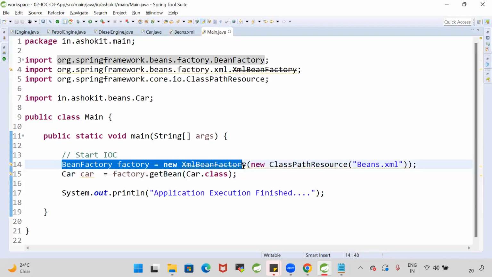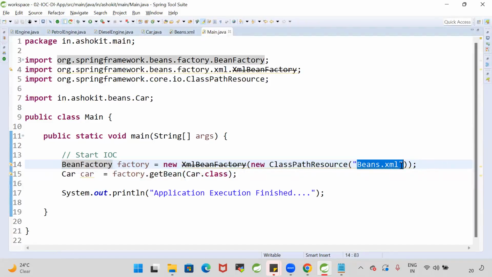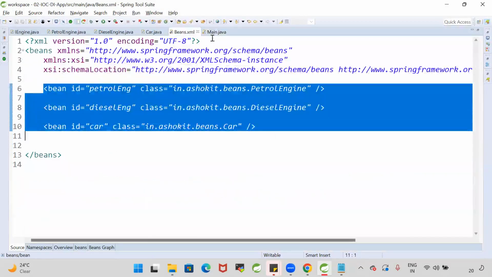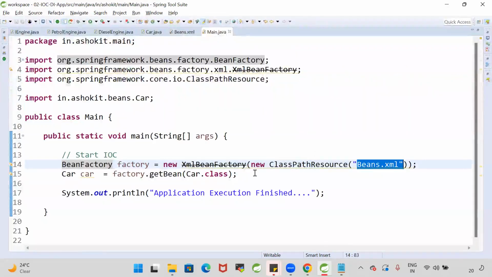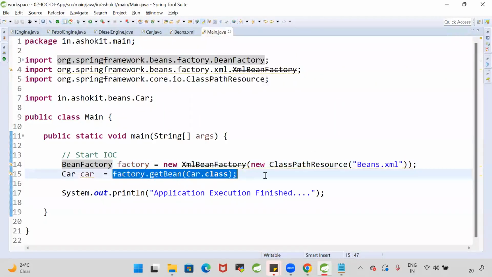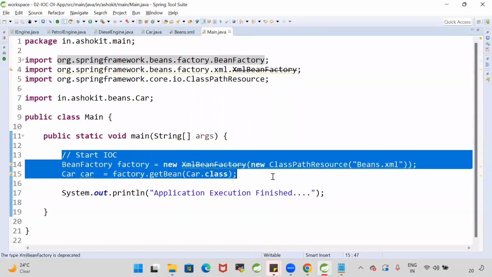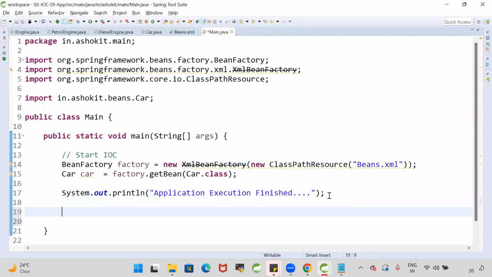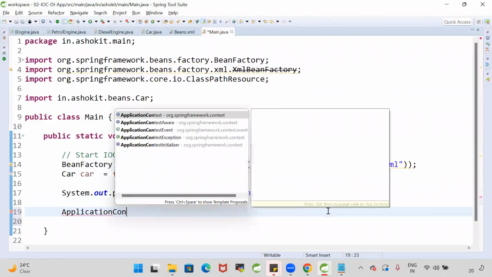Bean Factory is equal to new XmlBeanFactory, new ClassPathResource beans.xml. I'm passing my beans.xml file. It is just reading the bean definitions. That's it. It is not doing anything. It is lazy. Whenever I call the getBean method, only then is it going to create the object for the class. For example, if I go for application context,